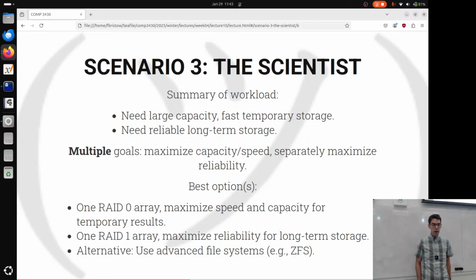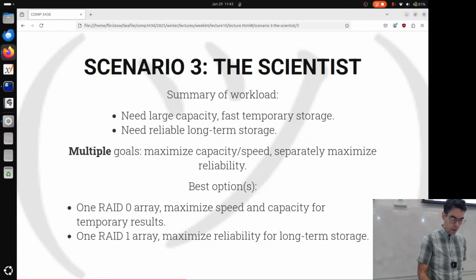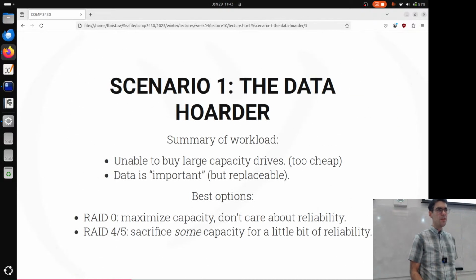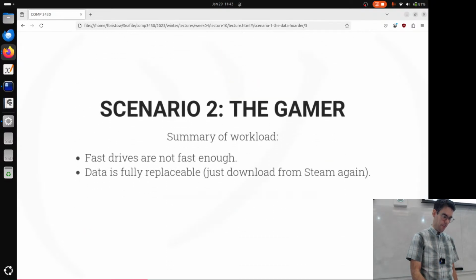All right, okay, awesome. I'm going to go back up to the data hoarder here, and I'm going to say that I have to insist that you read this book series called The Expanse. I have to insist that you do it. Has anyone actually read it already? Okay, homework for the final exam. You must read The Expanse now.